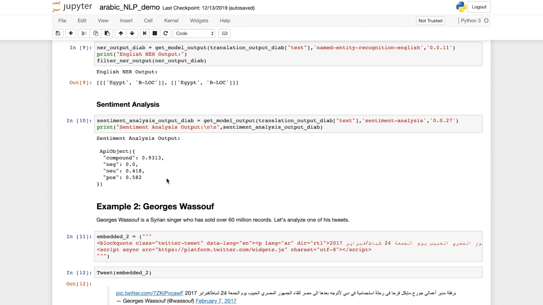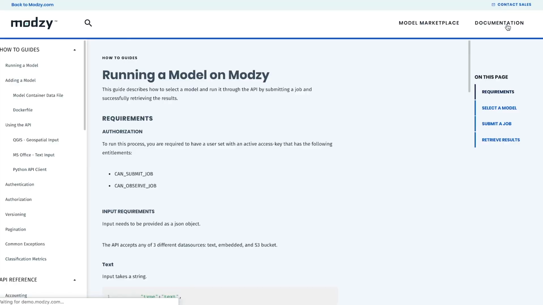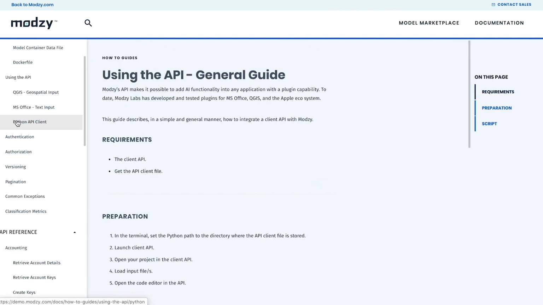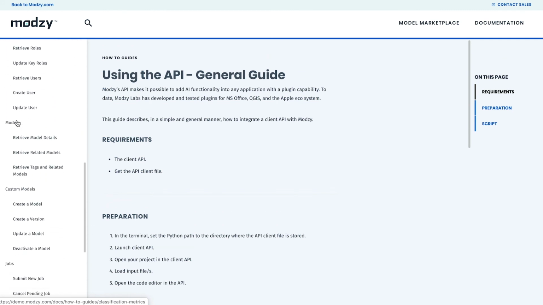If you have more questions about how it all works, we also provide detailed documentation of the whole platform. This includes how-to guides for actually running models and passing your data into Modzy, overviews of examples using the API for different product integrations. Say you want to build a web or a mobile app using Modzy, maybe process data from a satellite straight onto a NiFi workflow. We provide a lot of details to help you understand all the different ways you can use it, along with detailed reference guides for all of our various API routes. We really want to make this easy for developers and data scientists to use the platform in whatever way they want to use it.